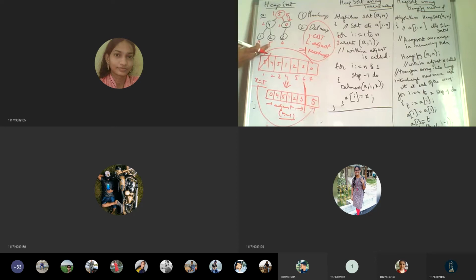Is it a max heap? No. Again call adjust, again starting with the left subtree. Compare with its children: this becomes 3 and this becomes 0. Again left subtree, again root. Is it a max heap now? Yes. Once it is a max heap, again what we have to do? You have to delete the topmost element. Till here only we are going to consider. So this is at 1, 2, 3, 4.